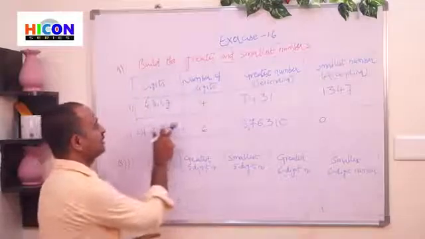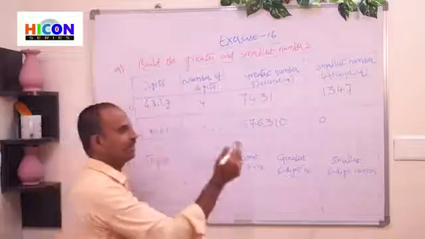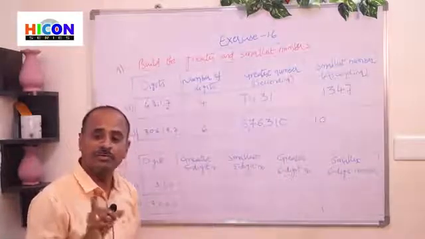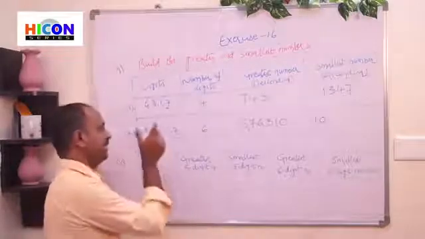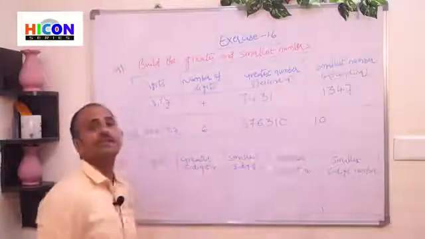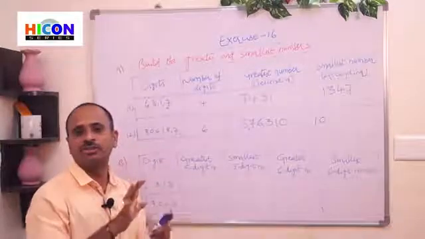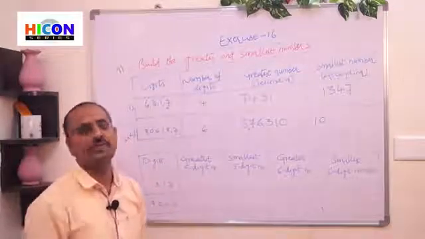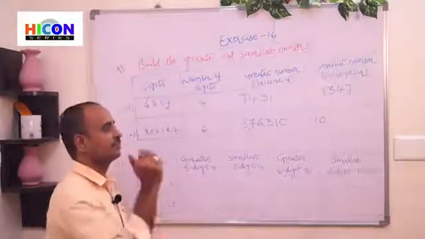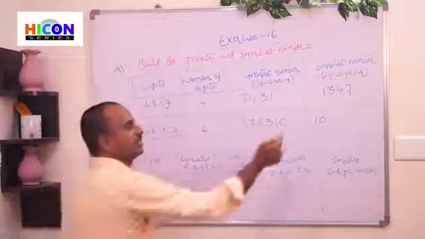After 0, which one is the smallest? 1 is the smallest. So write 1 in the first place and 0 in the second place. Children, remember this point: if 0 is present among the given digits, while forming the smallest number, 0 should be written in the second place and not in the first place. If you write 0 in the first place, it has no meaning. So write 0 in the second place and the next smallest digit in the first place.